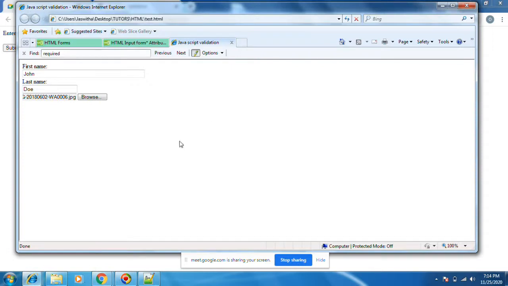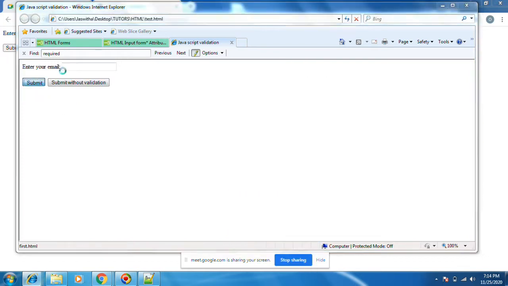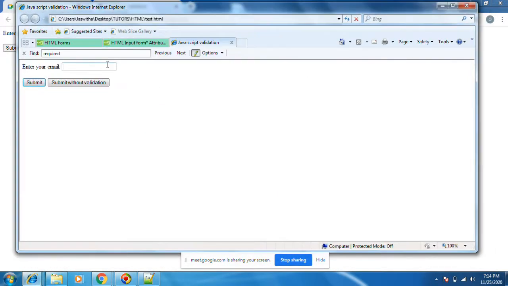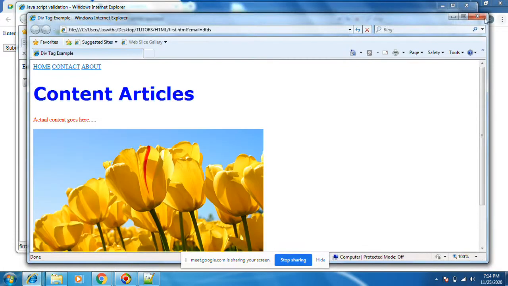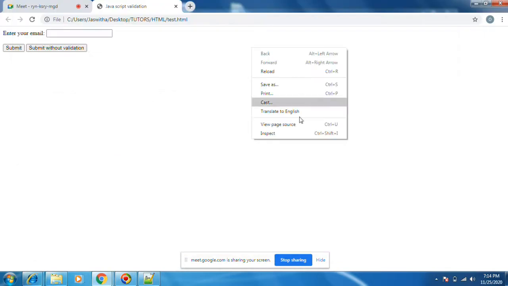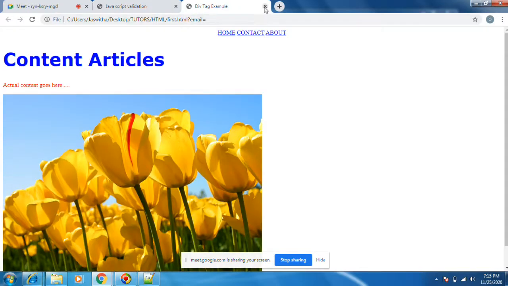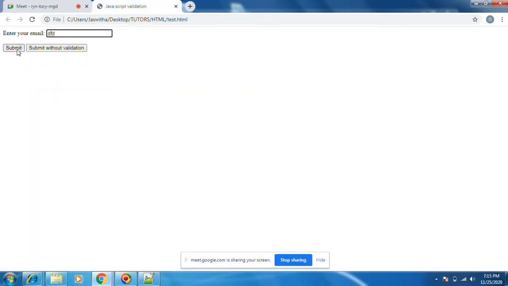Form validation, input type equals to number means, refresh here. Here it is not working. See, this is the old browser, that's why it is not working. Here it is working. Reload. I didn't enter anything. Submit. Oh, it is going. Okay, this is something.